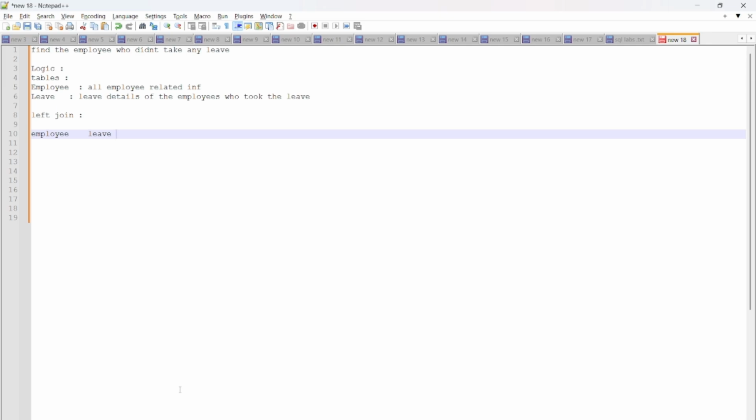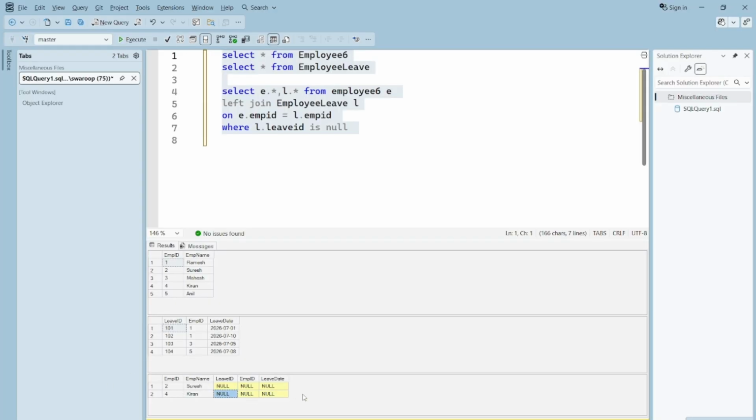To fetch the unavailable data from the right hand table using the left hand table, the best approach is the left outer join, or left join. What the left join does is fetch the matching data, and if there is any missing data in the right hand table, it gives nulls. So this is the final output. Hope you got my